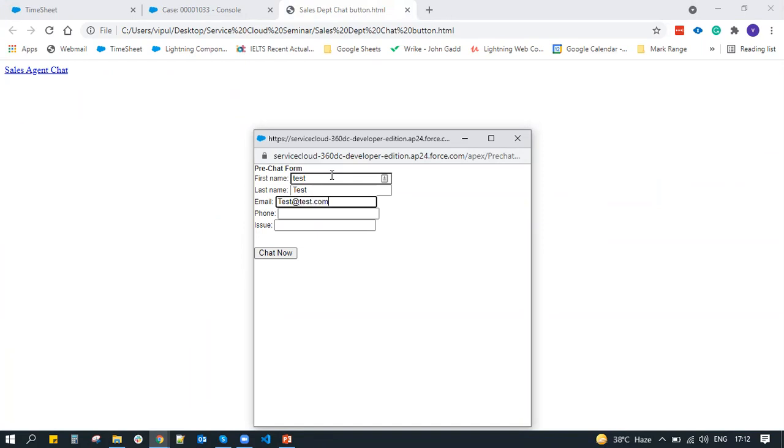So this is the thing: for enabling the chat, you should have a chat user, and then only you will be able to chat with any of the users.